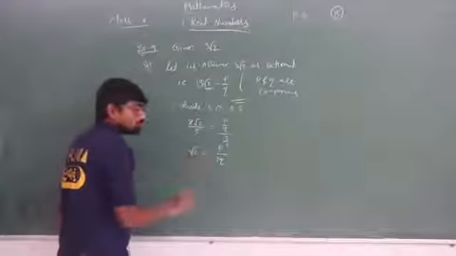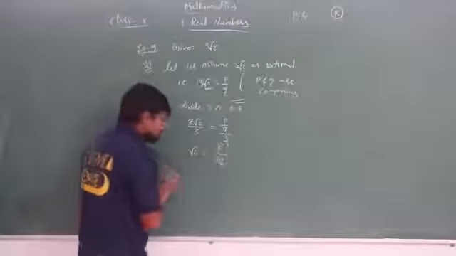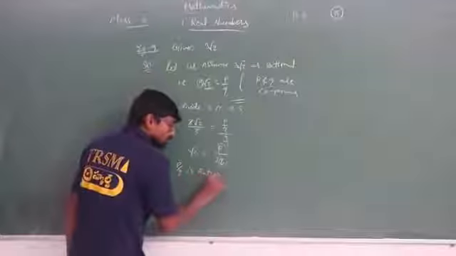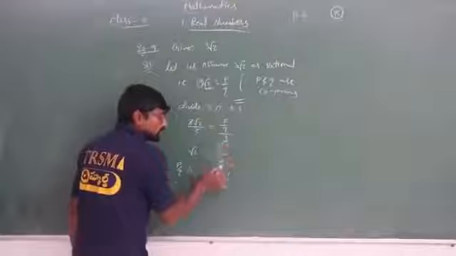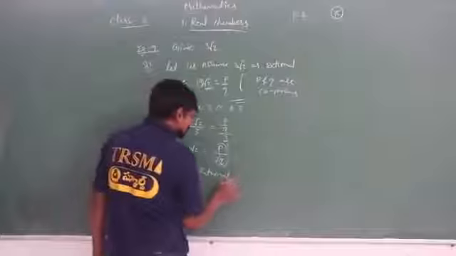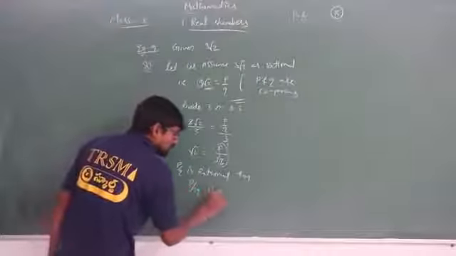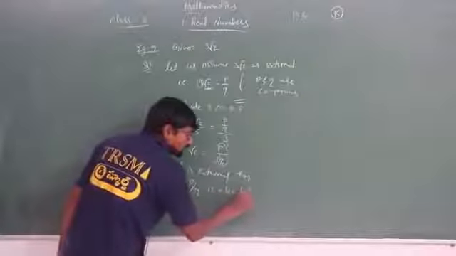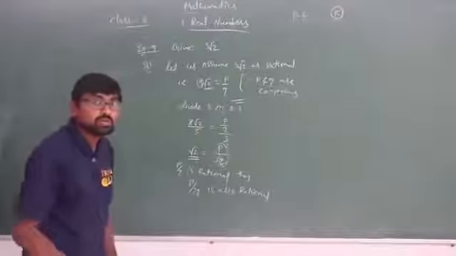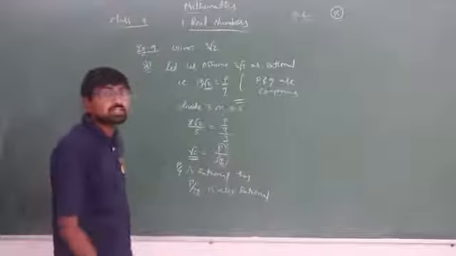So therefore here we have got this. Now you can see here P by Q is rational. We know P by Q is rational. If P by Q is rational and it is divided by 3, it is also rational, isn't it? Then P by 3Q is also rational, isn't it? But you see on the left hand side, what do we have? Root 2. We have already proved in our previous session that root 2 is an irrational number.